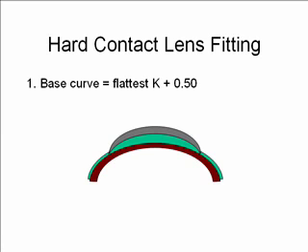Now, in truth, we designate the curvature of the back of a contact lens in terms of its radius of curvature, but that's easily convertible with a keratometer, which directly measures the radius of curvature of the anterior surface of the cornea. Okay, so base curve is equal, but we're going to use diopters for this example because it's easier than converting back and forth. The base curve is going to be the flat K plus 0.5,